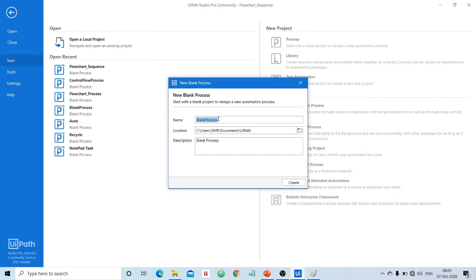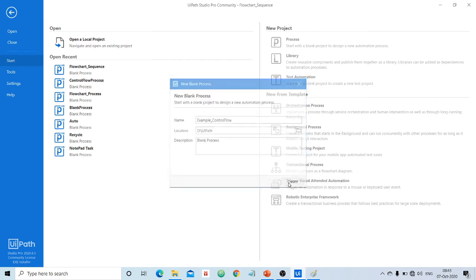Let the name be example for control flow, and I want to store the project in this directory.